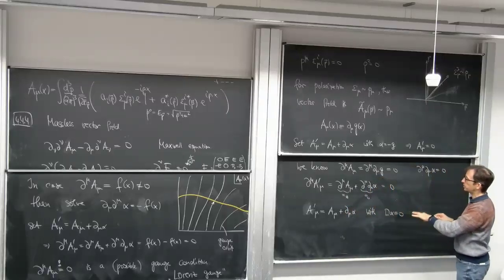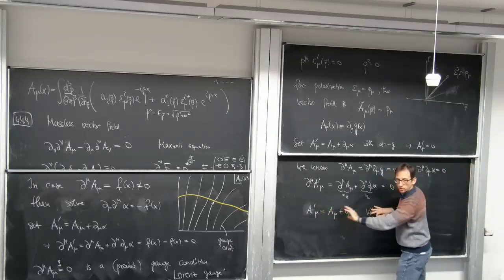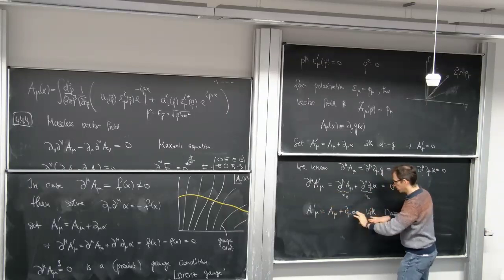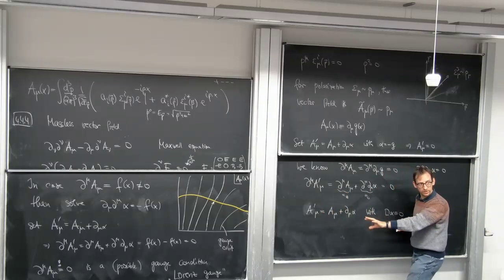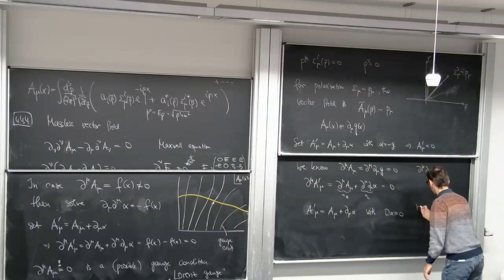That's more special than what we had before. Before we just had this and called this a gauge transformation, and we used this gauge transformation to demand Lorentz gauge. Now, after having done that, and after sitting on the yellow line, we can still do this without moving away from the yellow line. This is obviously this condition, and that's called residual